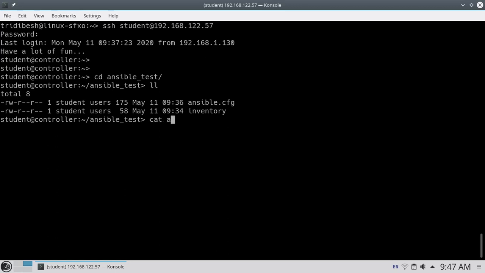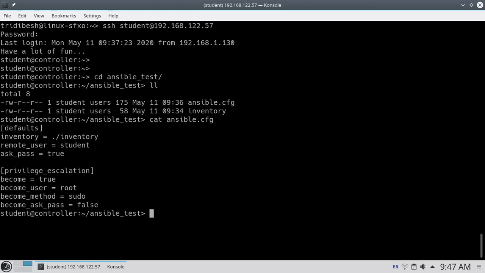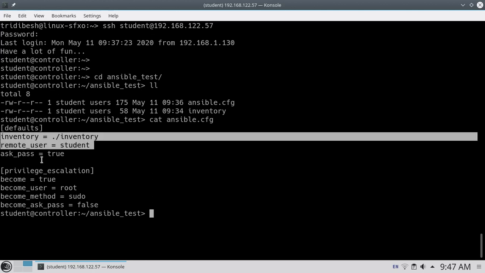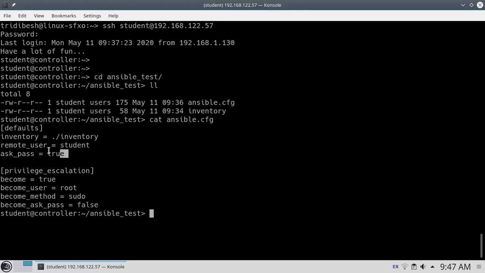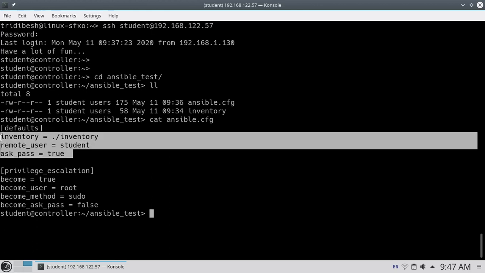Let's check the content in ansible.cfg. In the ansible.cfg file I have given the option inventory, which is my inventory file, and my remote user. This is the user Ansible will use to do SSH login to my managed hosts. Ask pass means it will ask for a password when doing SSH.